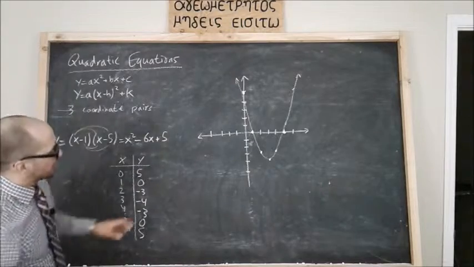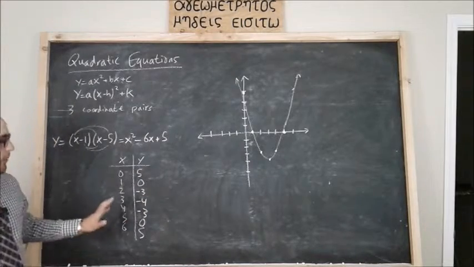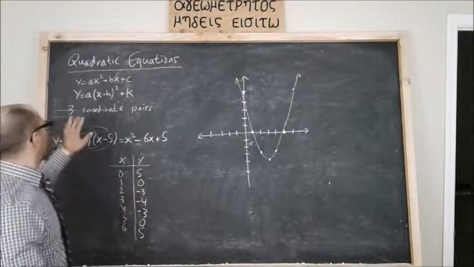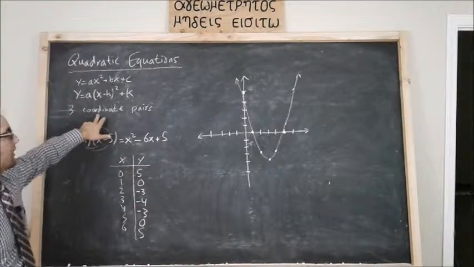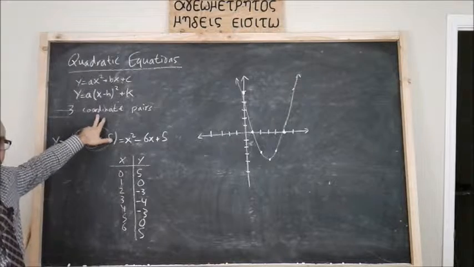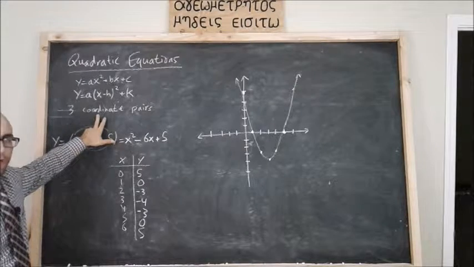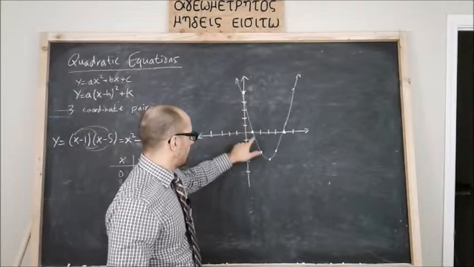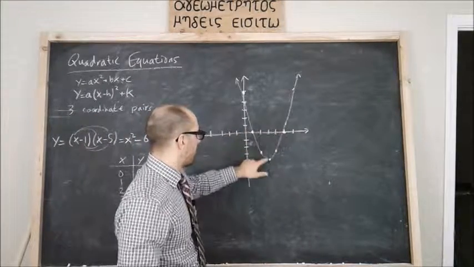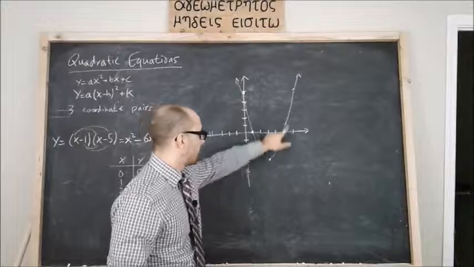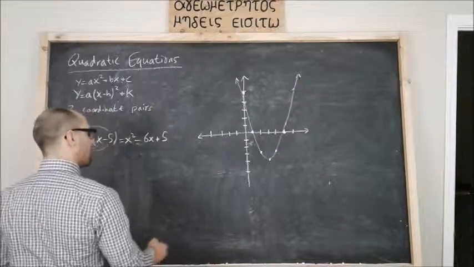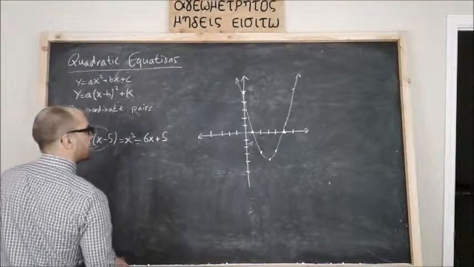You say, because okay, let's rewind. What's the whole point of this discussion? It's to show that 3 coordinate pairs are necessary to uniquely define a quadratic equation. Uniquely means this is the only parabola that passes through these 3 points. To make it simple, I am going to